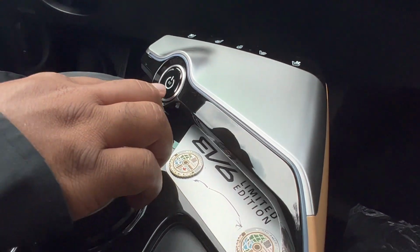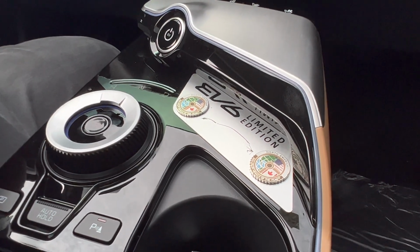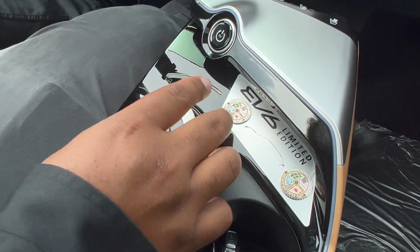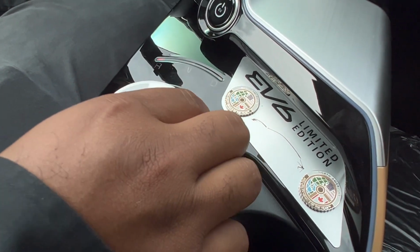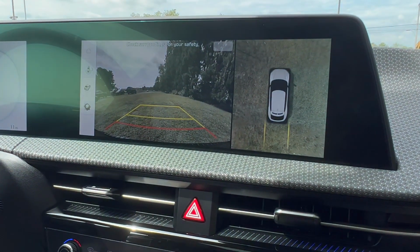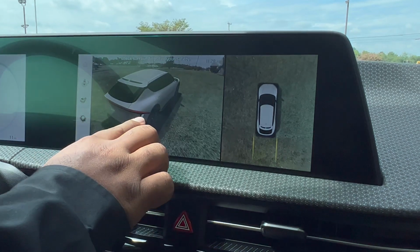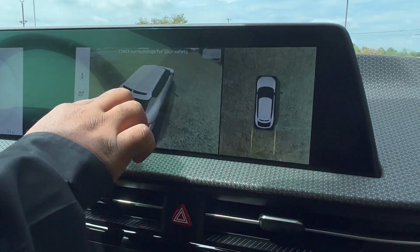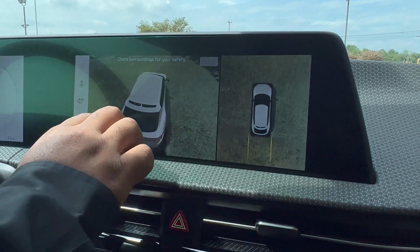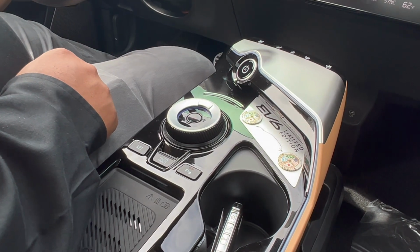Come back here, this is actually how you start the vehicle. You put your foot on the brake, push that button, and the vehicle starts. Right here you have your turn knob. This is how you put the vehicle in drive. You put it in neutral or reverse. And once you put it in reverse, you have the camera. It's actually a 360 camera in real time. So you can physically turn it and see what's behind you or in front of you before you even take off. Now when you put the car in park, you just push this P